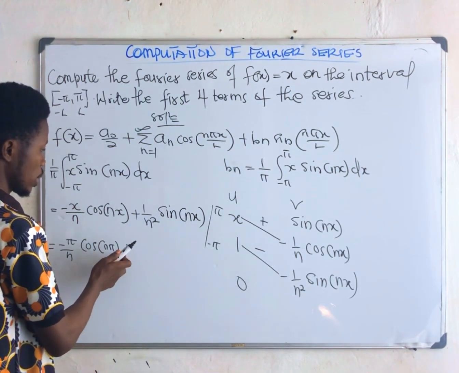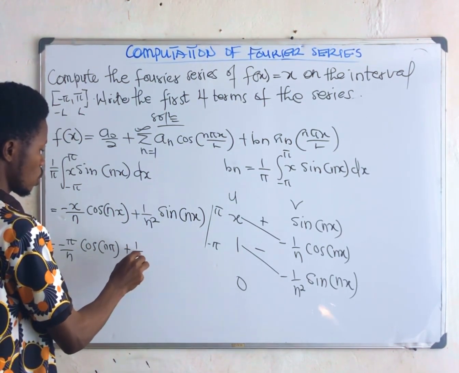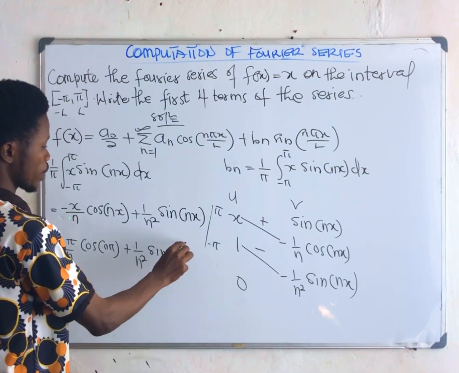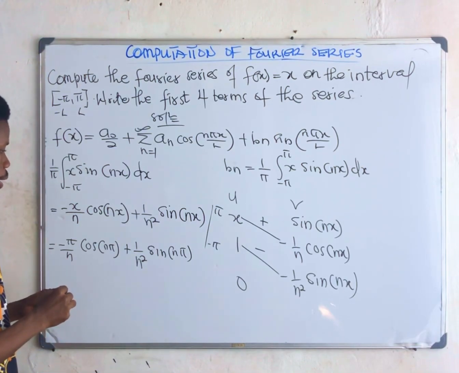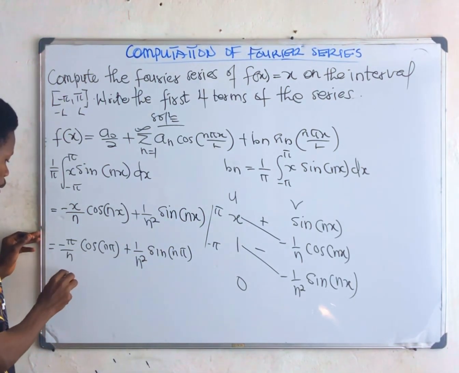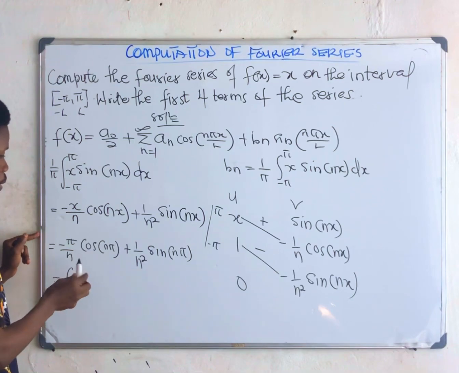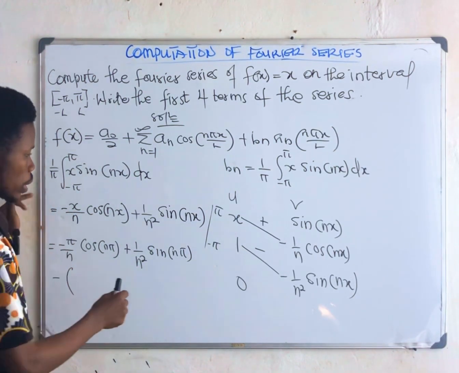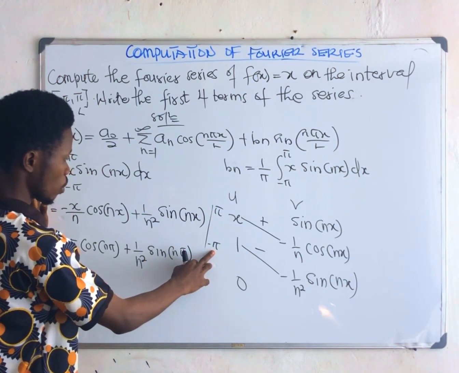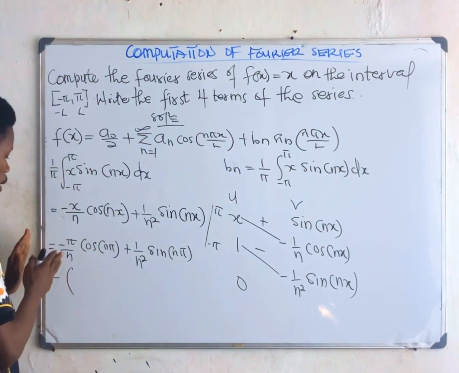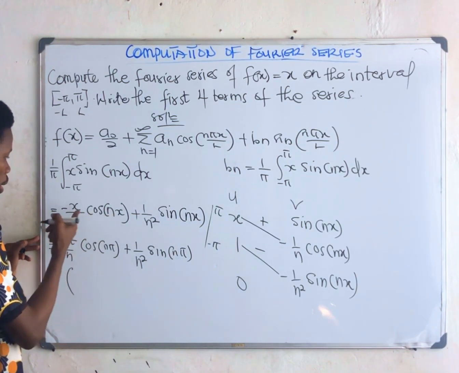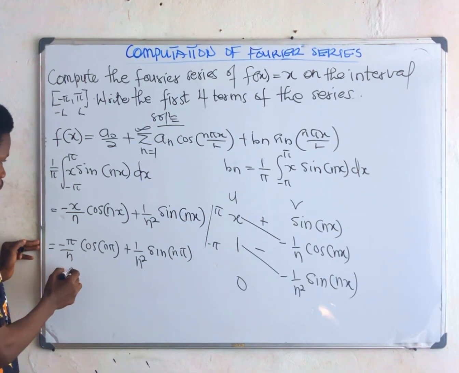Plus 1 over n squared sine n pi. That is for the positive side. Minus bracket open. Remember, this is negative, right? I'm going to substitute negative here. Already there's a minus there. Now if I put negative in here, the negative will cancel this negative, making it positive. So I'm going to have positive